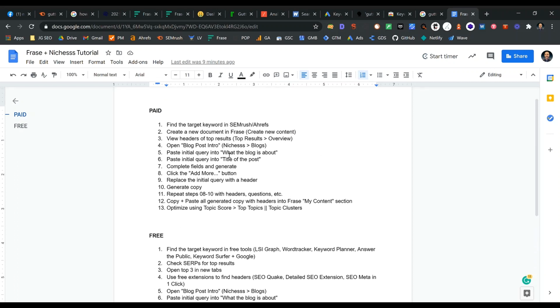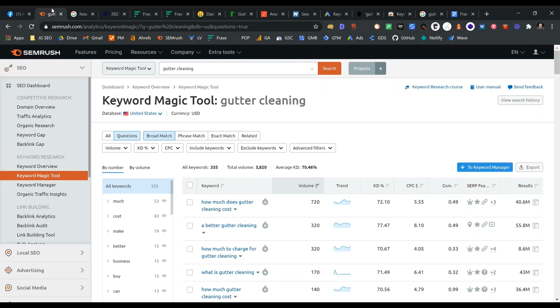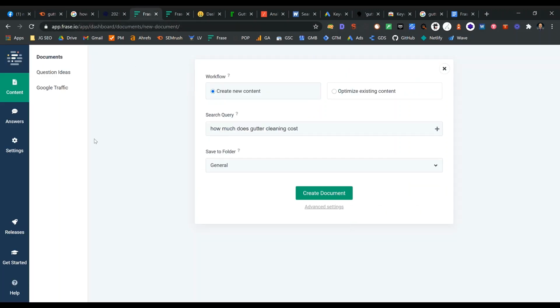So let's start from the top. We're going to start with finding a target keyword. Come over to SEMrush, Keyword Magic Tool, start with a seed keyword, go to questions, and start with the first one here. How much does gutter cleaning cost? I'm going to copy this, come over to Frase, and I'm going to create a new document. You can paste it right here into the search query, create,